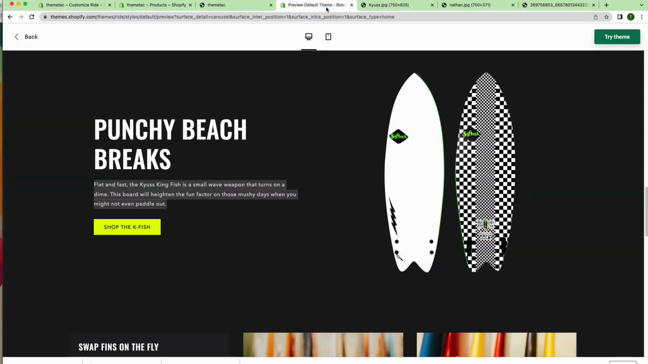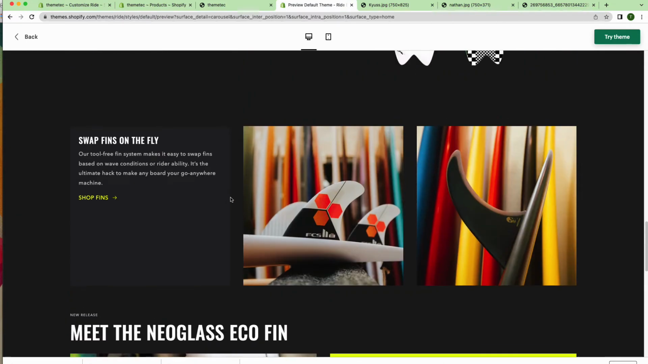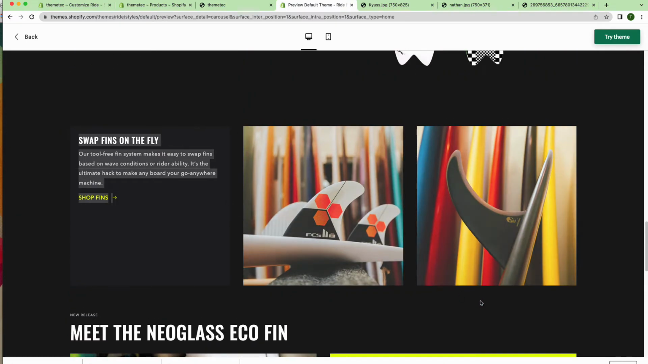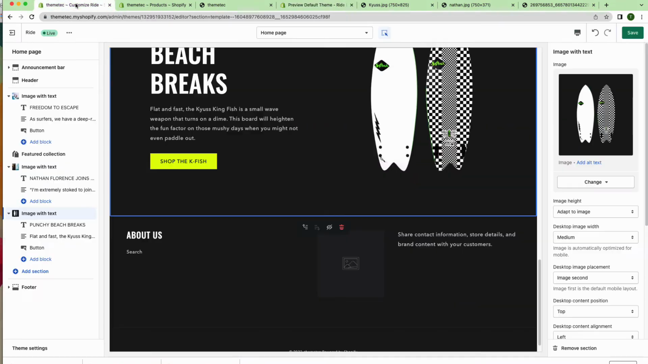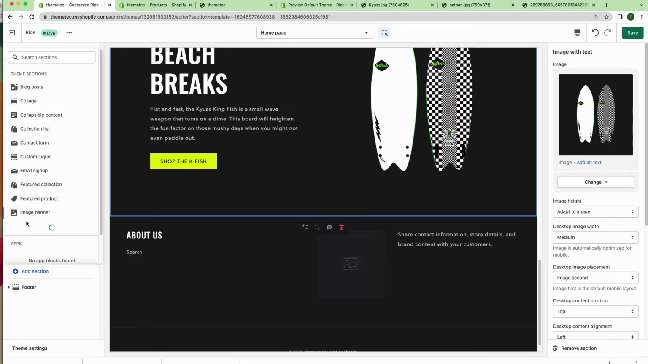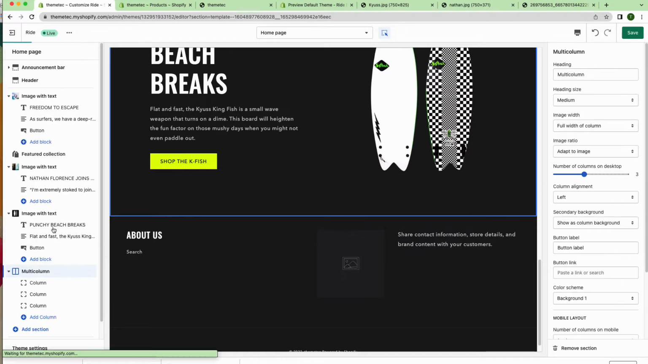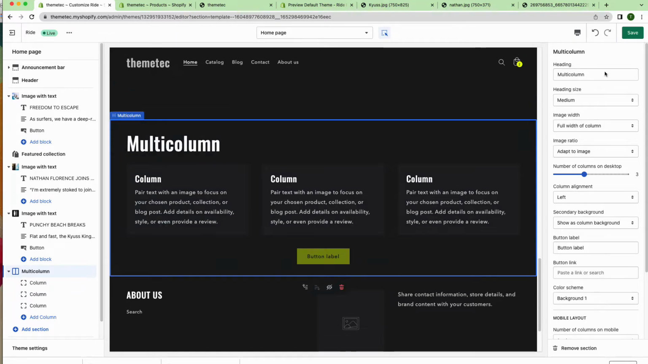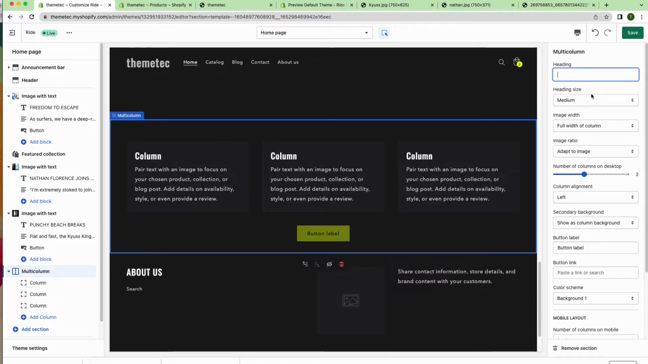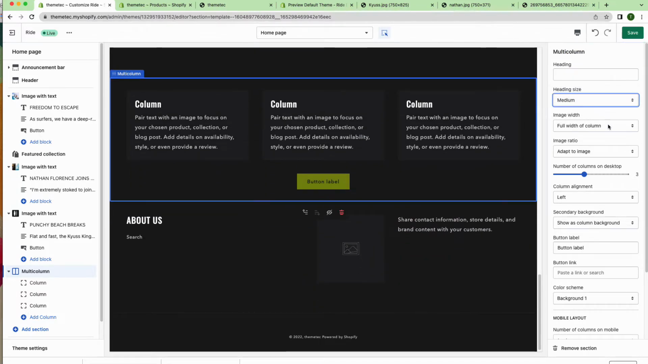Okay, then we have a section like this. So we have actually 3 columns here. So now what you need to do is add sections, then add multi-columns. In that case, we don't actually need the heading. So from right hand side options, we can remove the heading, and then